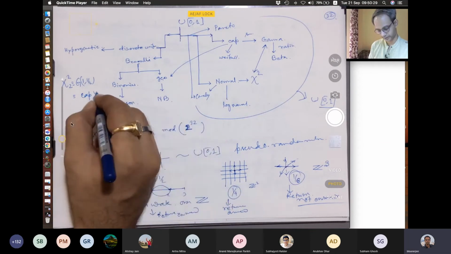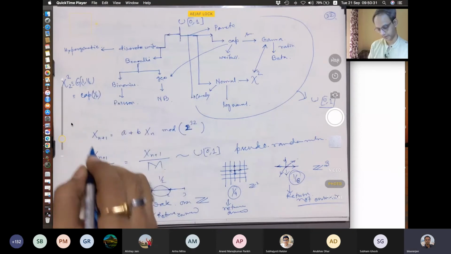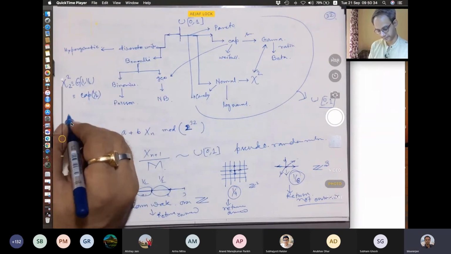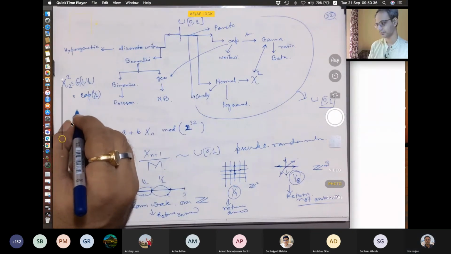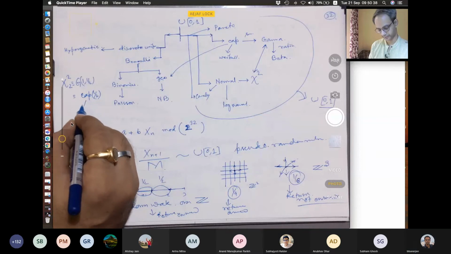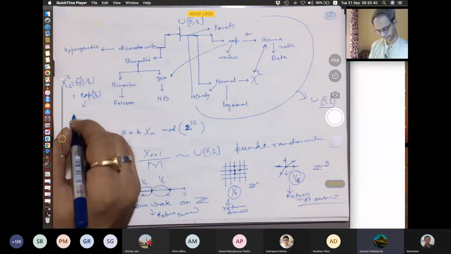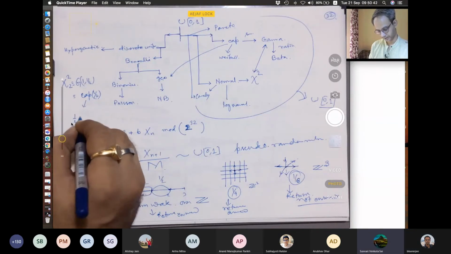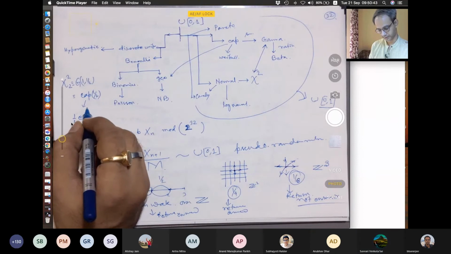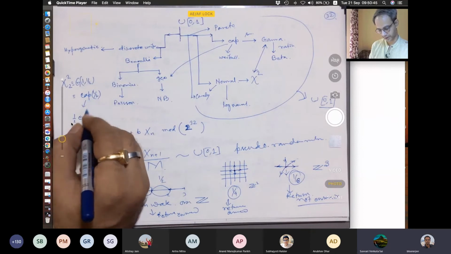So it will be exponential half, and exponential half will have a PDF. What will be the PDF? 1 minus e power minus t by 2. So it is half, so e to the power minus